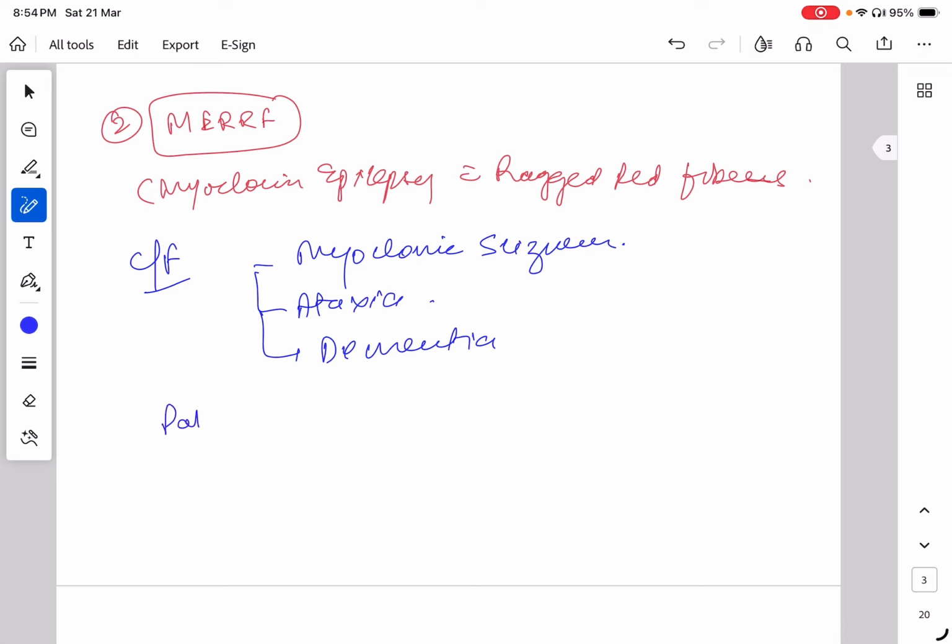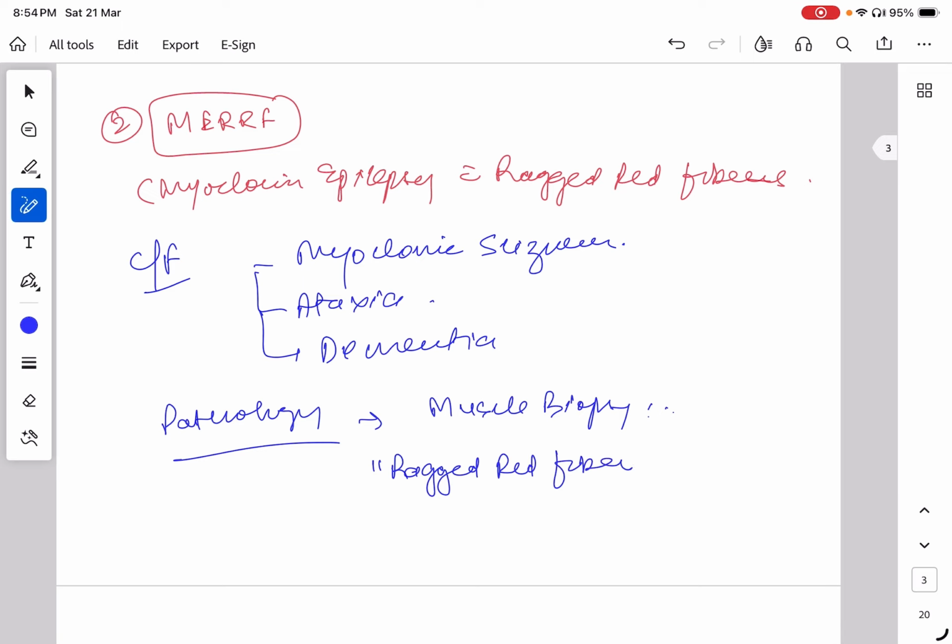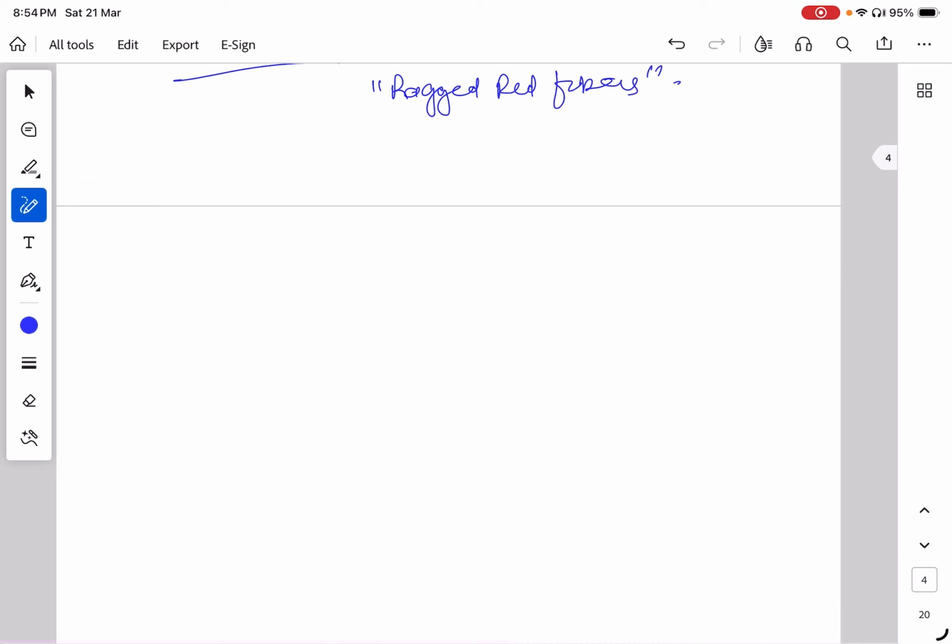What is the basic pathology seen in this disease? When you do muscle biopsy in the suspected cases, you are supposed to see, as the name suggests, ragged red fibers. Okay, so red fibers are seen. So this is in short about MERRF. Now another